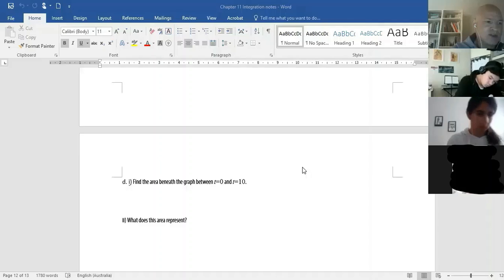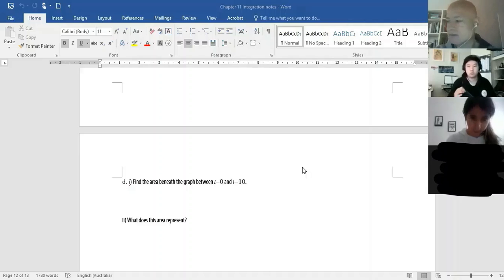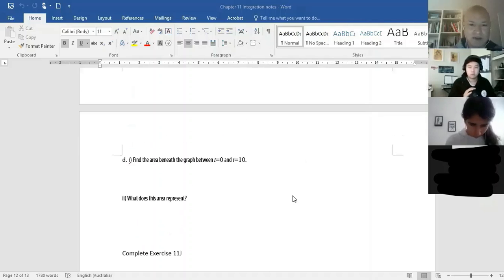Does anyone remember how to find the area on your calculator? No? Oh, I've got to remember how to do that. I've got to remember how to do the area, so I will tell you that, but it should give us